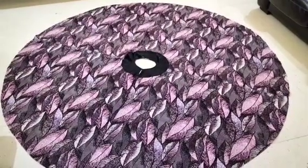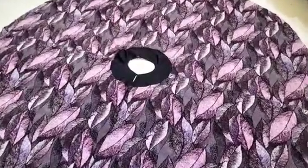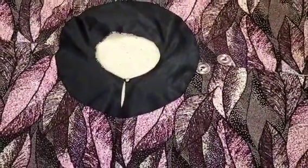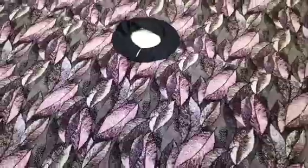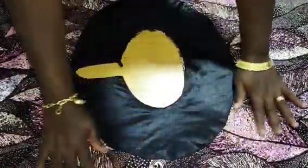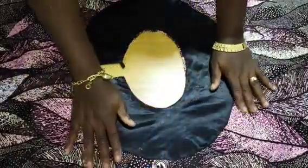You can see it's really a full circle, and it has a hole at the center, okay? The center area, you can see it right there. All right, so that is how to go about this beautiful circle dress. You can see the keyhole as well. So after top stitching, it has to be flat this way, okay? So that is why I keep emphasizing making it flat,